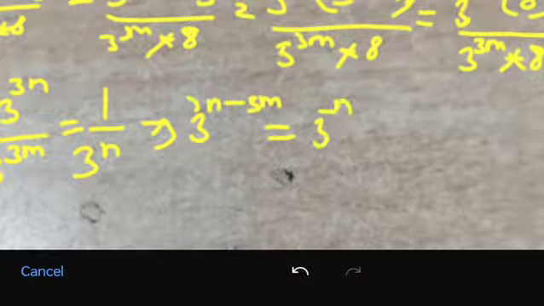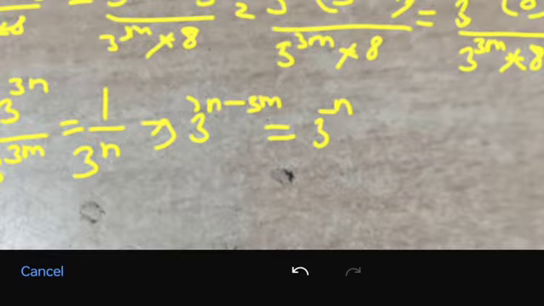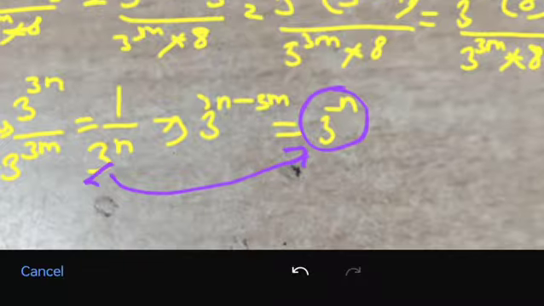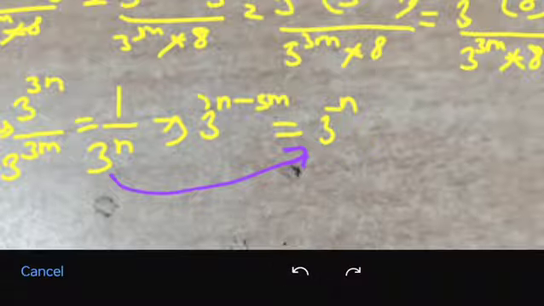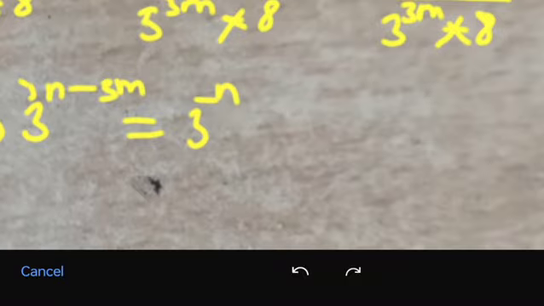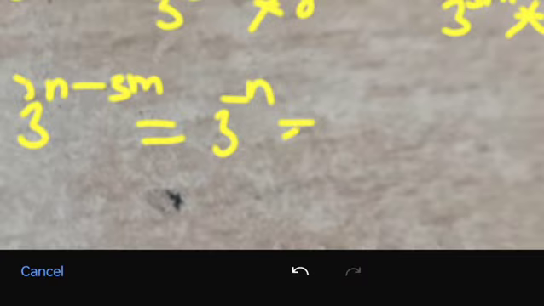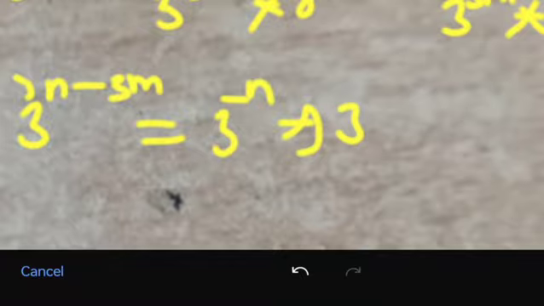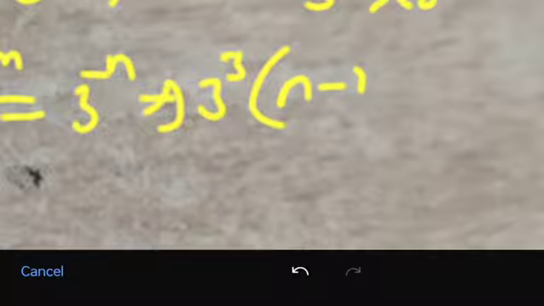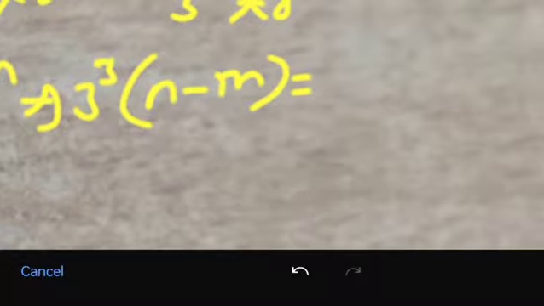I have used the law of exponent here, right? This is the inverse of it. This is the inverse of this thing, right? This is the law of exponent, and similar to this thing too. I'm assuming that you all know what the laws of exponent are. So I would take 3 raised to the power 3 as common, since the bases are the same. So it would be n minus m, and it would be 3 raised to the power,